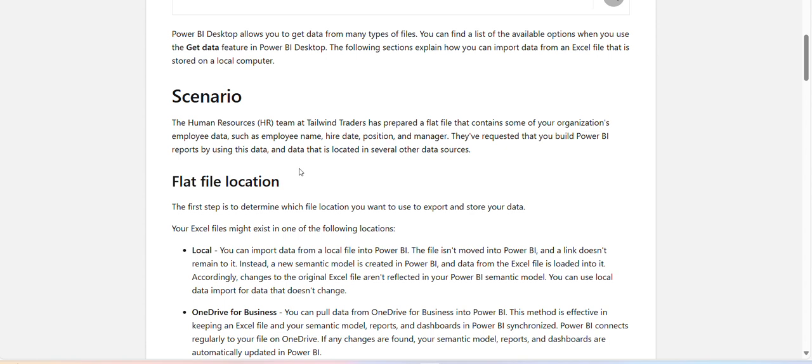Okay. So this is a scenario. The HR team at Tailwind Traders has prepared a flat file that contains some of your organization's employee data, such as employee name, hire date, position, and manager. They have requested you to build a Power BI report by using this data and data that is located in several